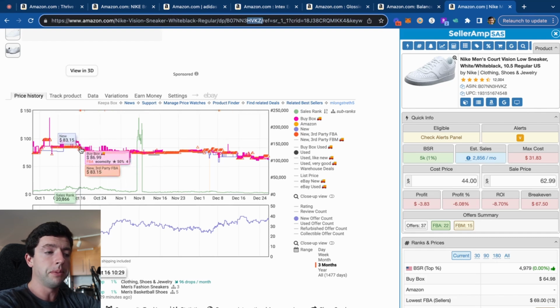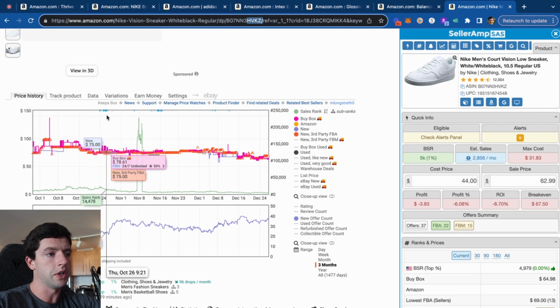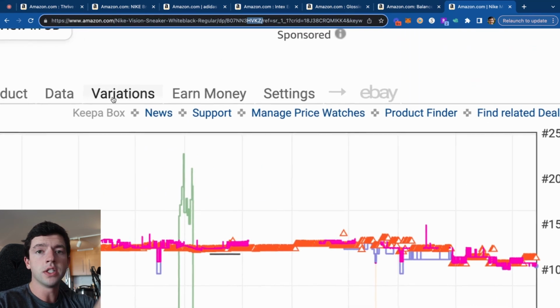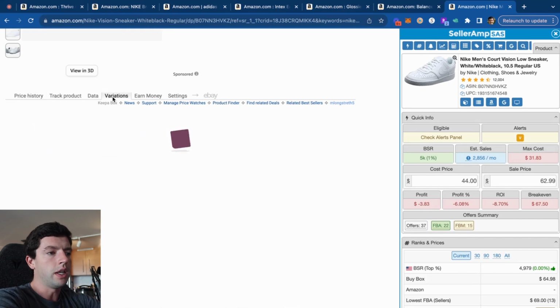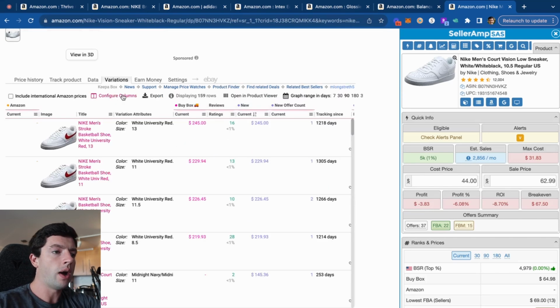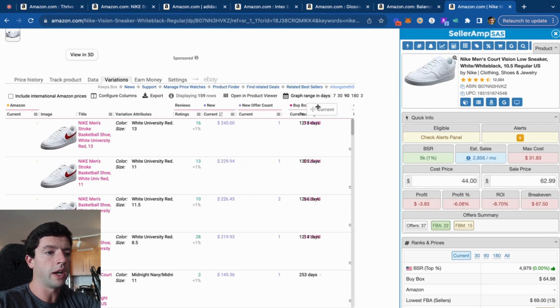But each Keepa chart is going to be specific to each ASIN right here. So on listings that have variations, aka other colors and sizes, there's going to be what's called the variations tab right here, and we can hit the variations tab. And now I recommend pausing this video and going in on your variations tab on Keepa and organizing your columns